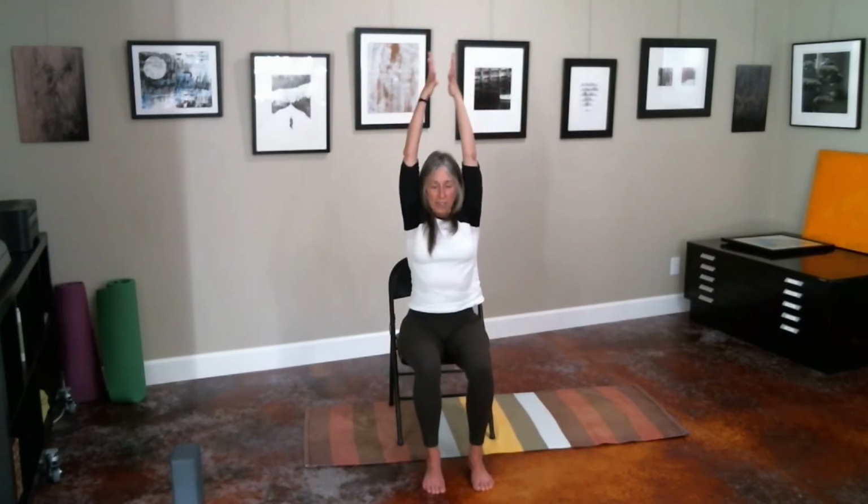Now both heels are going to lift, inhale. And as you exhale, lower them down. With your next inhale, reach your arms up. And as you exhale, wrap your right hand around your left wrist, and let's pull that wrist up first, and